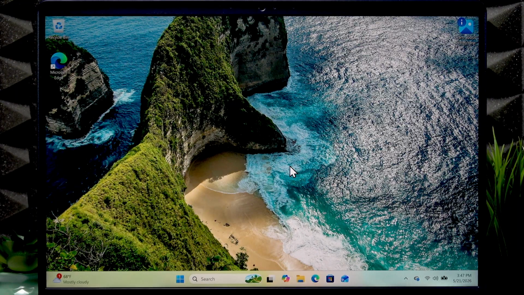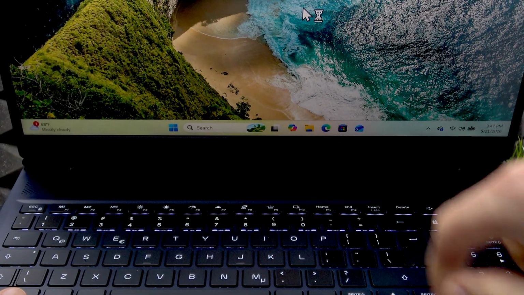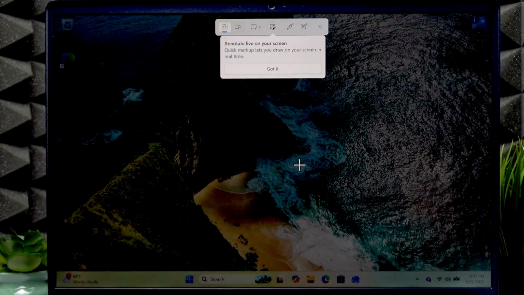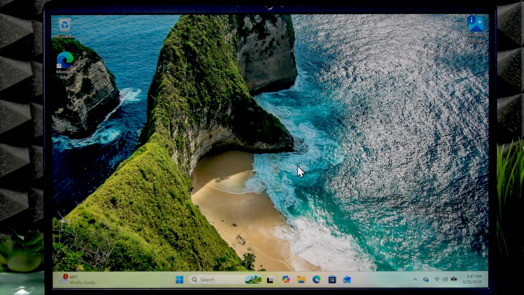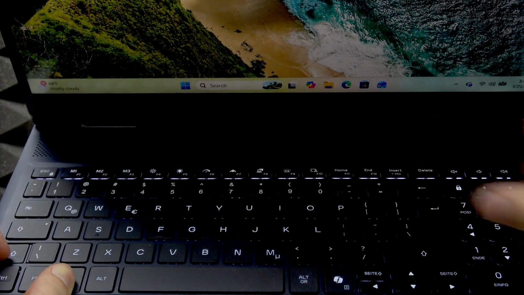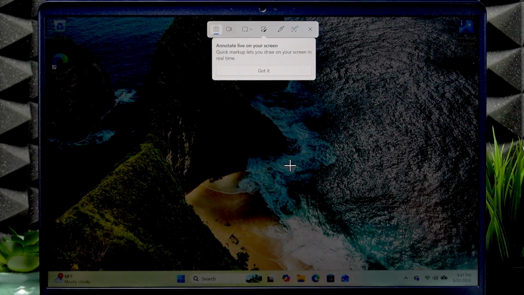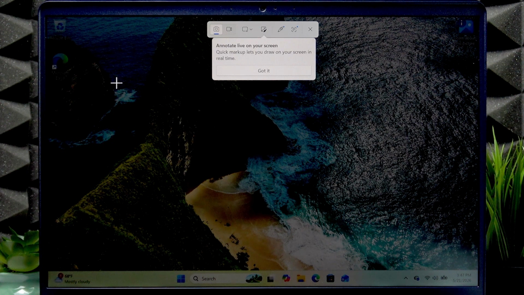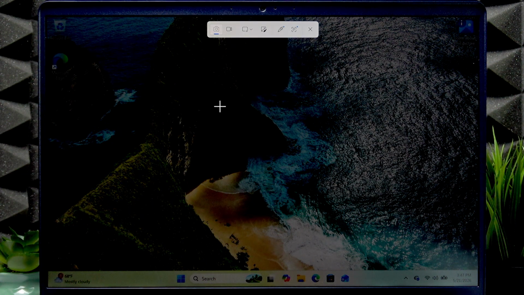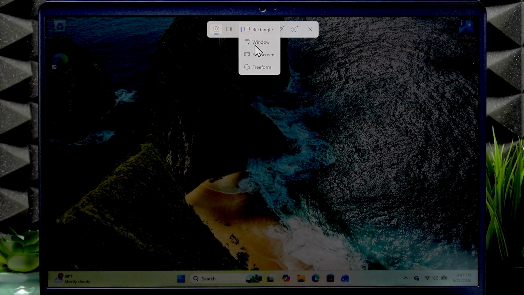So, to take a screenshot on your laptop, you either have to press F10, the dedicated button for the screenshot, or you can also use the Windows shortcut, which is Windows, Shift, and S buttons pressed simultaneously. Both of them will open the capture menu and the capture toolbar at the top of your screen. Click Got It, make sure that Snip option is selected in here, and then select one of the four available